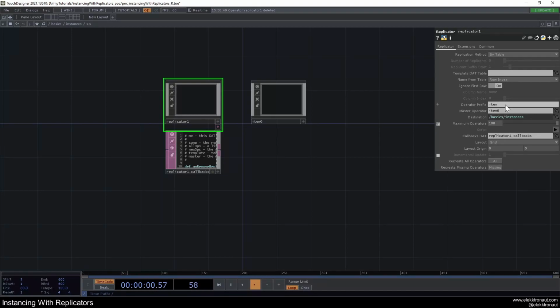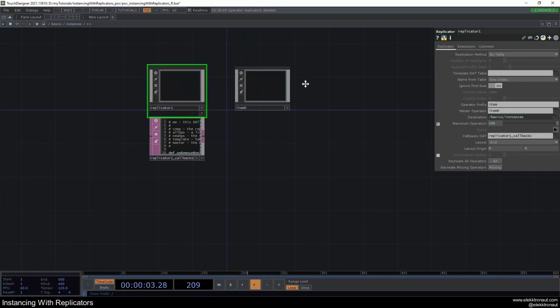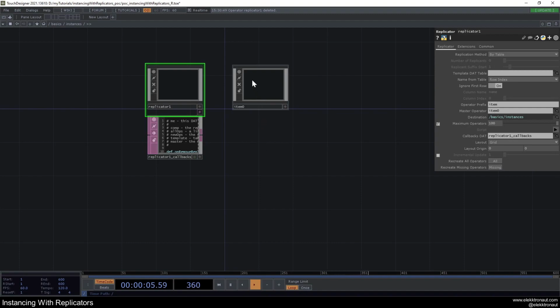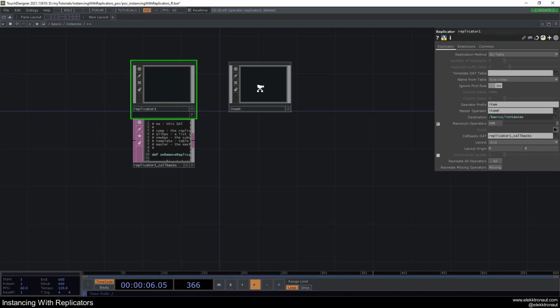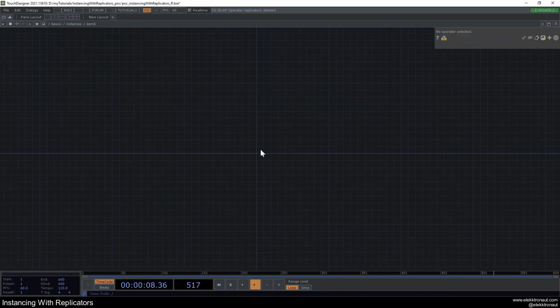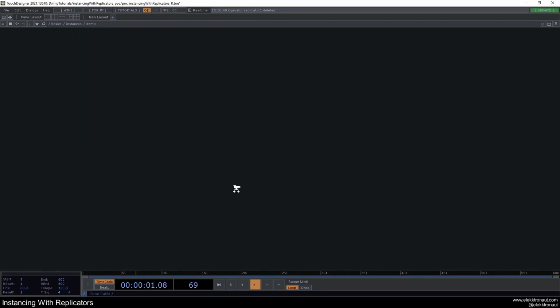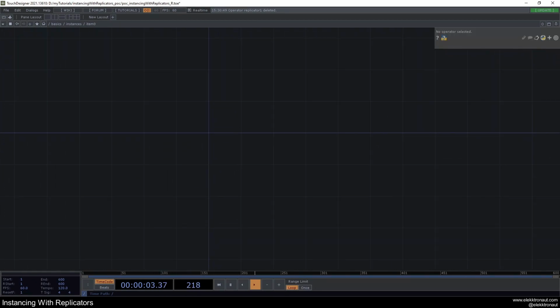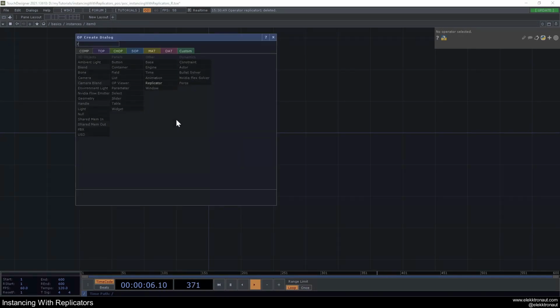And you can already see the operator prefix is item, and that just means all the other replicants, or children, all the operators that are being recreated, are also going to be called item, and they're also going to have a digit after their name. All right, so let's go into the first item here, and what we set up here is just going to be copied. So I'm going to add a rectangle